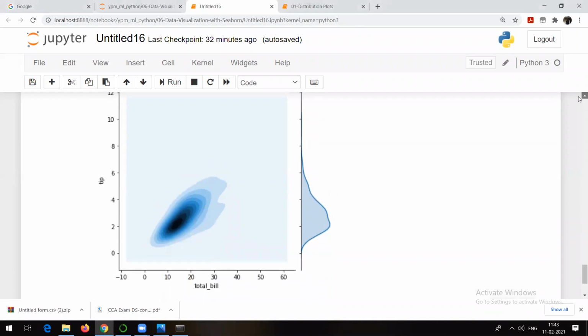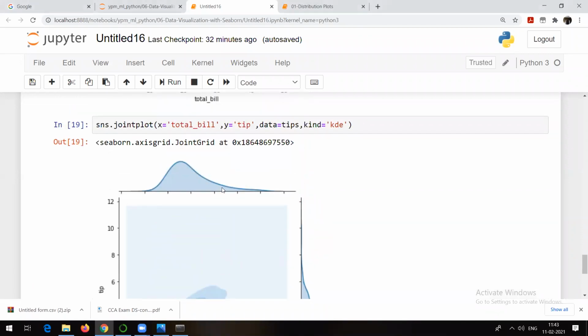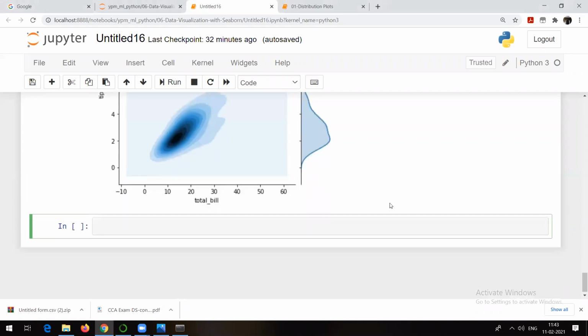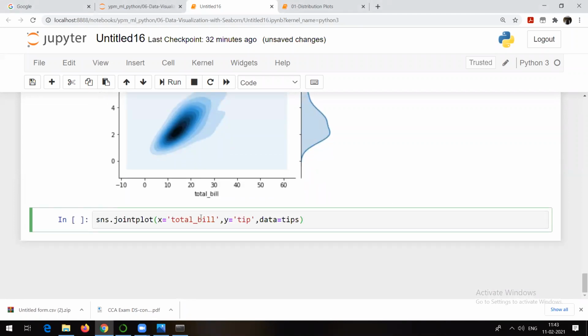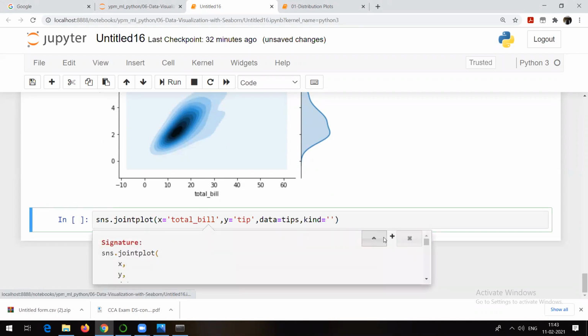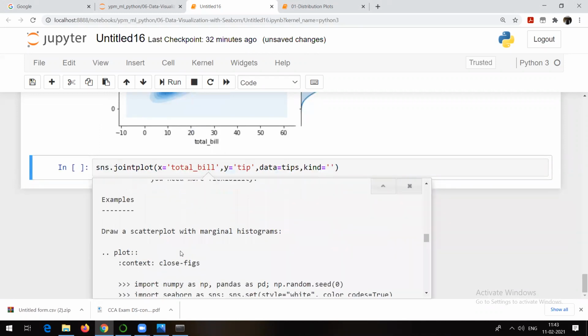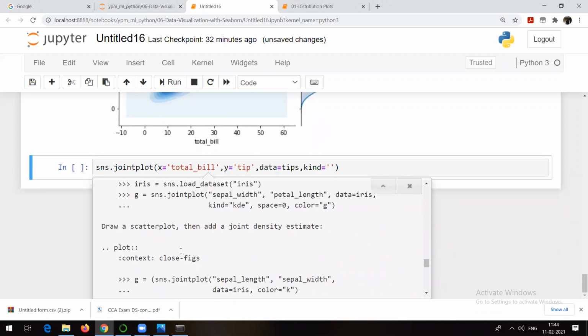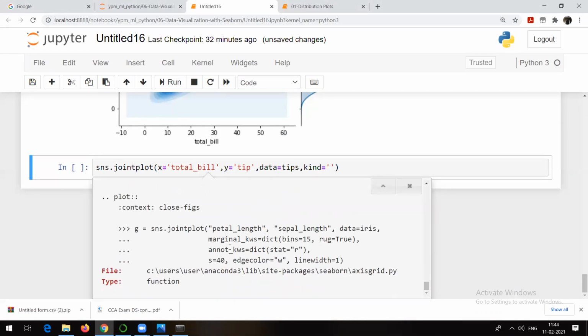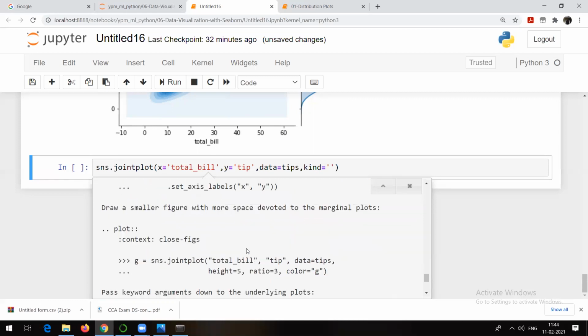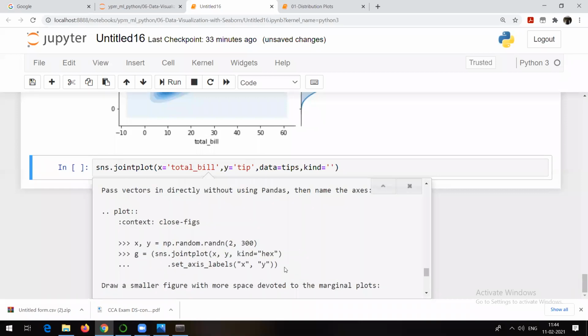And again, if you look at the joint plot, you can see the same thing. You will be able to see the distribution also, right? And I think there is one more kind, let me check which are the other options available. If I want to see the different options available for kind, maybe generally they give examples here. Let's try to check if we have something else other than scatter plot or hex plot or maybe KDE.